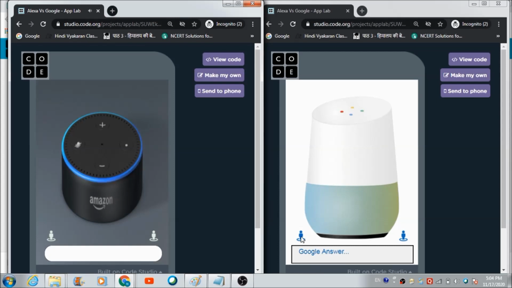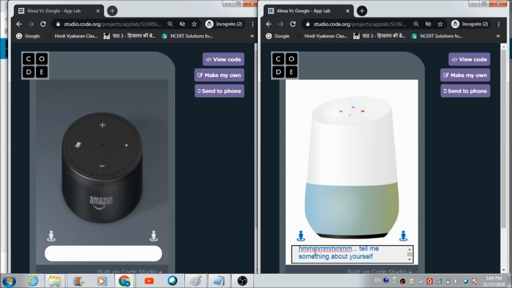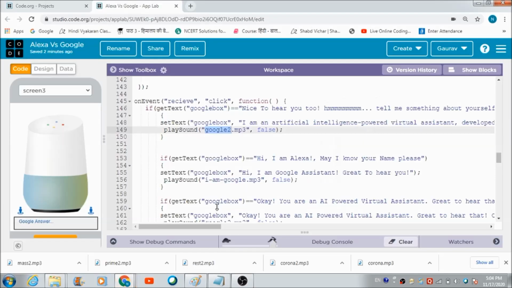Okay, now let's receive it on this Google Assistant's panel. So right now the question is getting reflected, right? Let's see how Google Assistant is going to reply to this one. So as you can see, "I'm an artificial intelligence powered virtual assistant developed by Google that is primarily available on mobile and smartphone devices." So you can see, this is the answer which Google Assistant has responded with to the question asked by Alexa. Fine, so that's how I have coded this app.